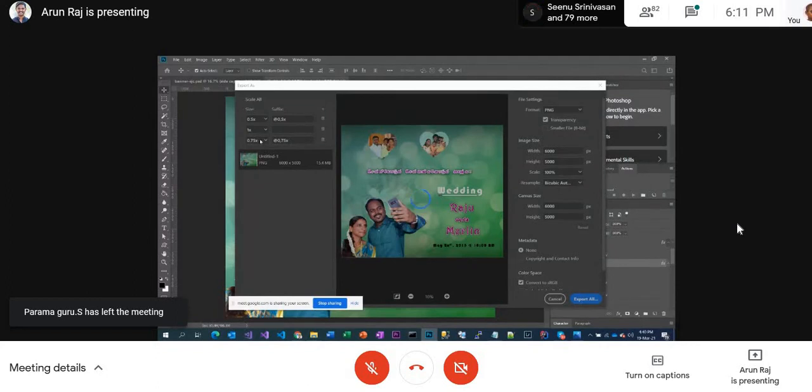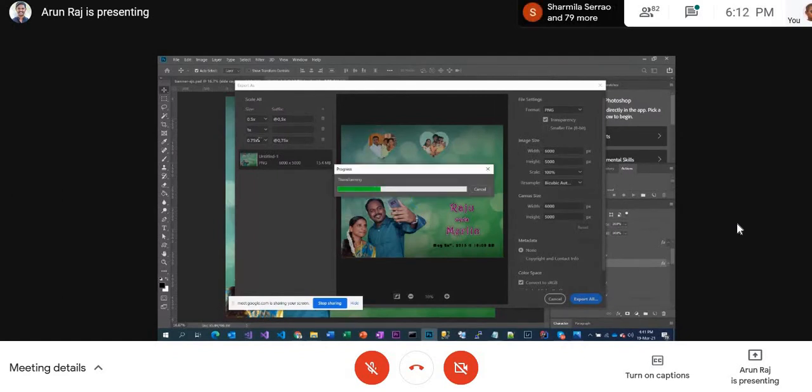For example, if you are defining an Android application or iOS application, you need to define multiple sizes, one for HD, one for XHD, one for XXHD, different sizes. You can define all those different sizes here once. You define your logo once and then click export. Everything will be exported into multiple sizes.